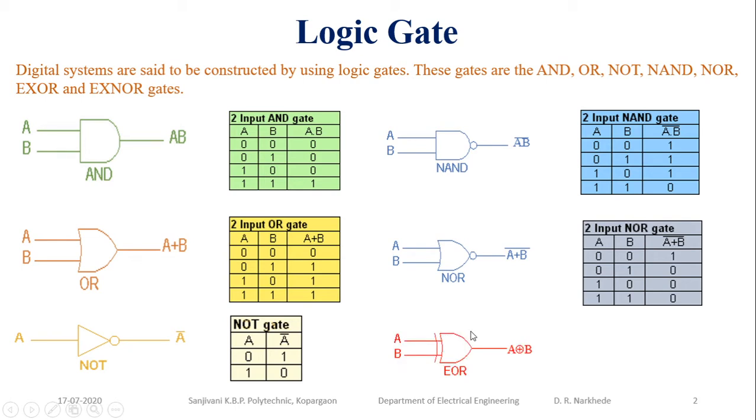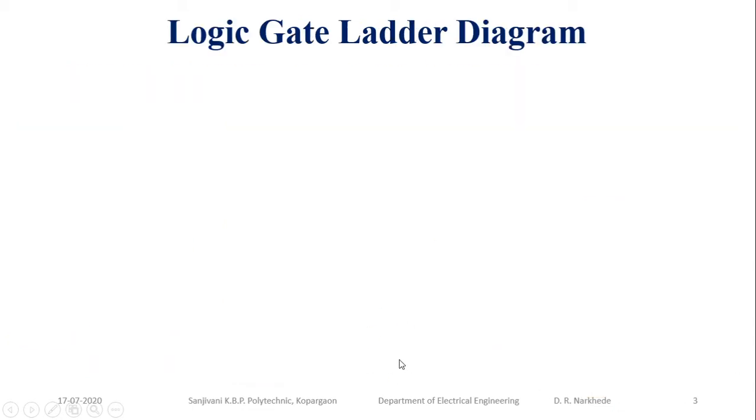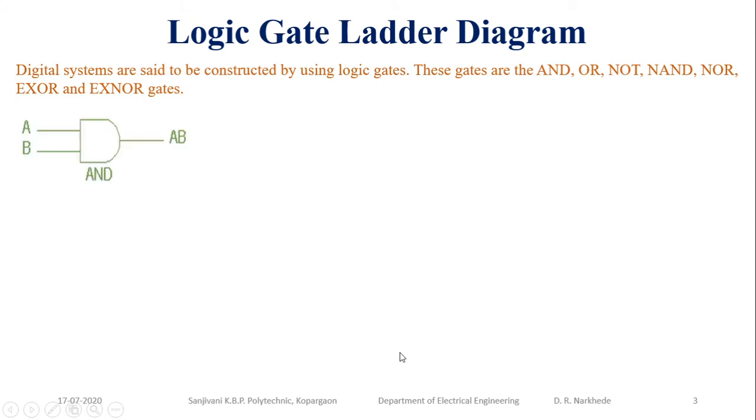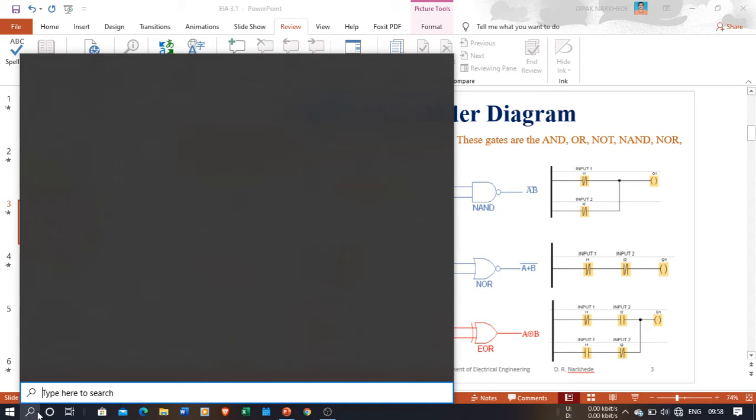And then we discussed the special gate, that is the XOR gate, which will give the output only when both inputs are in different conditions. Now in today's discussion we will discuss how to write the ladder logic program for the AND gate. For this purpose I will simulate the circuit and check whether it gives the same result or not. So for that purpose we will go for the Logosoft.